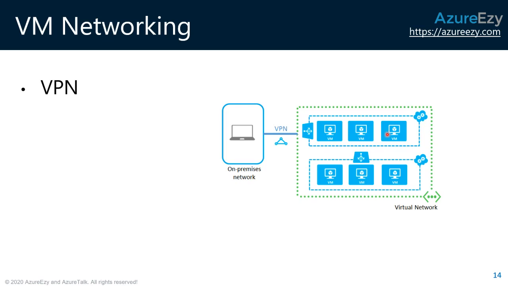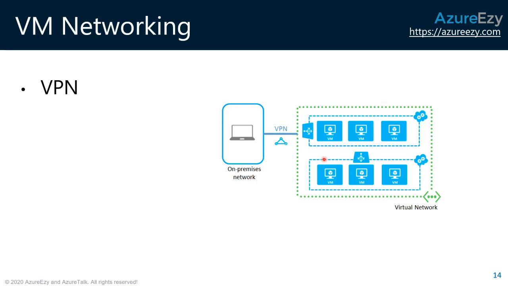The first thing you will experience, if your organization is right now using on-premises infrastructure and is not yet on cloud, and you just deployed a VM in Azure, is that you will have a virtual network in Azure. We will be talking about virtual networks in detail, but essentially your on-premises is a separate network. It is like your home network, and this virtual network is like your office network.